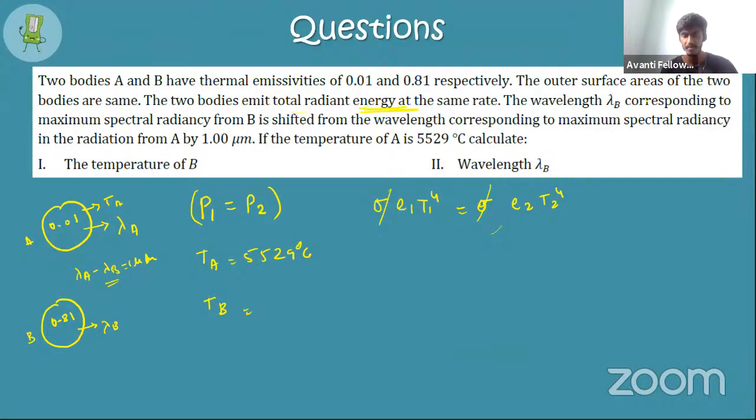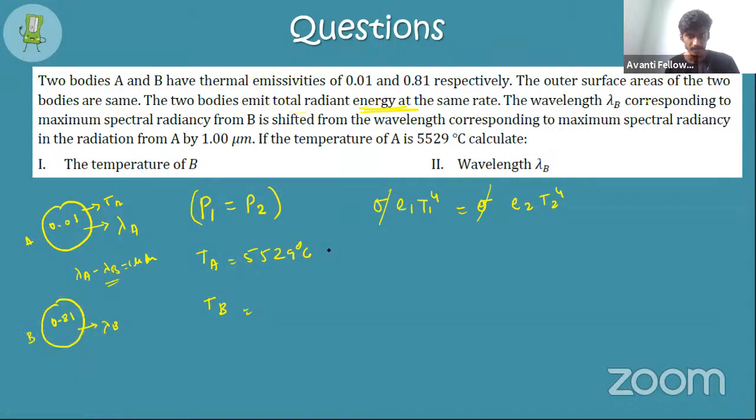What do you think? Emissivity is given for 1, emissivity is given for 2, temperature 1 is given, temperature 2 is given. Why I want you to try is, this question is very simple, but you need tricks to solve it, or not tricks, but you should be very good at mathematics to solve this. Okay. So try it out